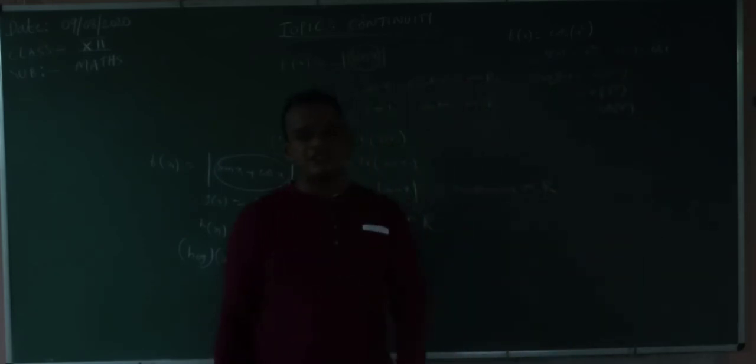Listen. h circle g of x, that is h of g of x. That's why you take the internal function x square first. Whatever the order may be, you can find h circle g of x or g circle h of x. h of g of x means h of x square, which means cos of x square. Here you know x square is a quadratic polynomial. A quadratic polynomial is 100% a continuous function, continuous on the real numbers. The cos function is a continuous function on R.